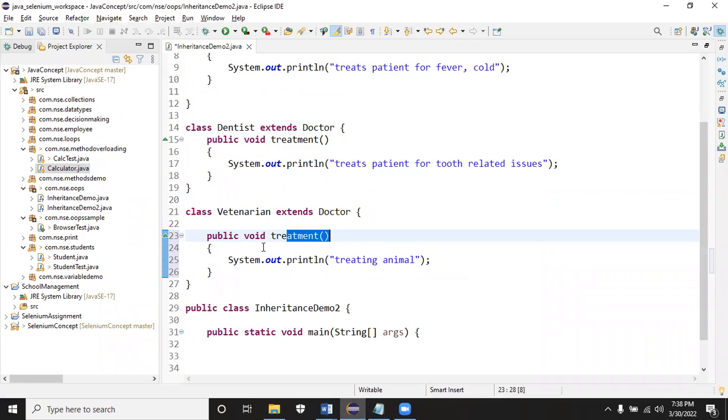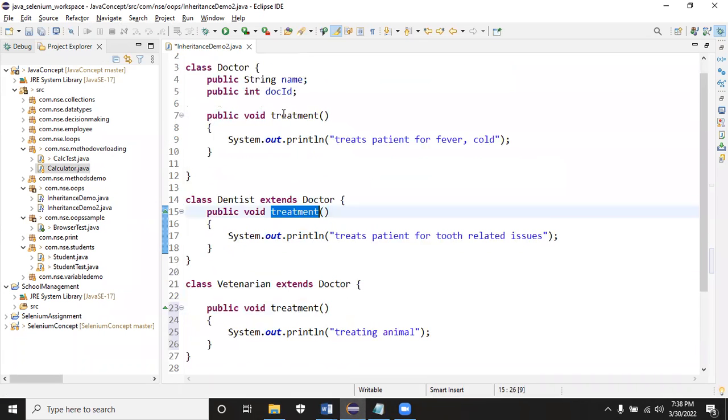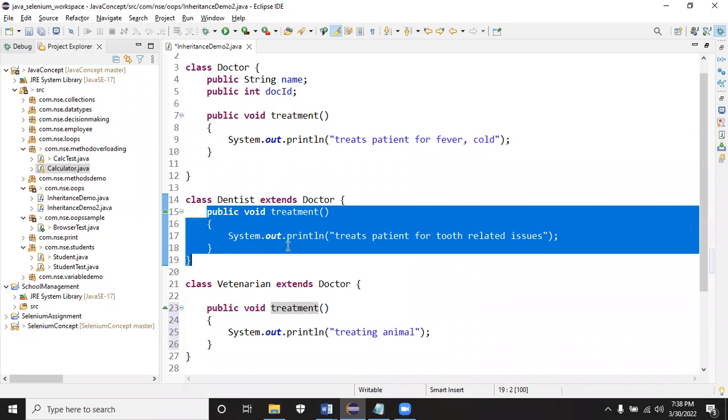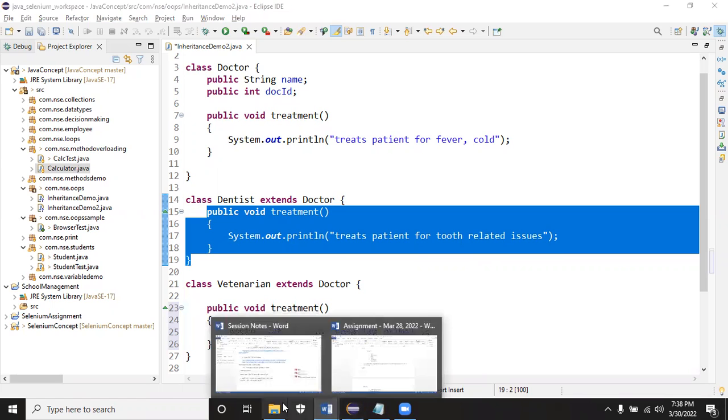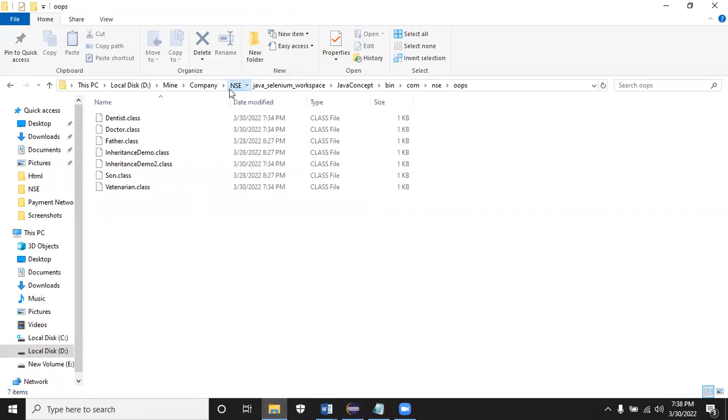Now, this is the same method you can see, but it acts in a different form. That's overloading or overriding. You need to think. Overriding is in the child class, where we override the method. For overriding, you have to follow a few standards. I'll just share the slides for it.